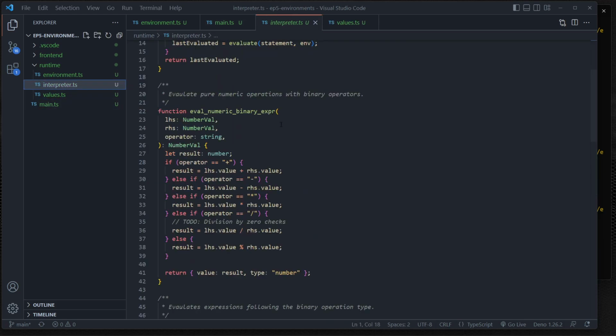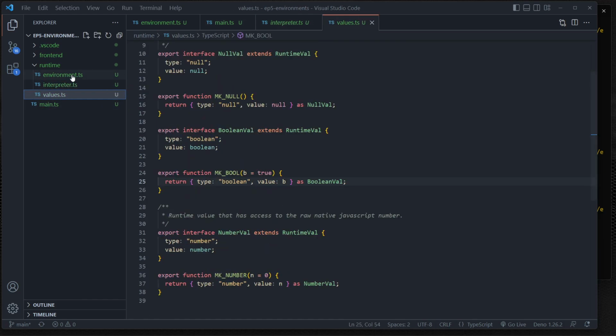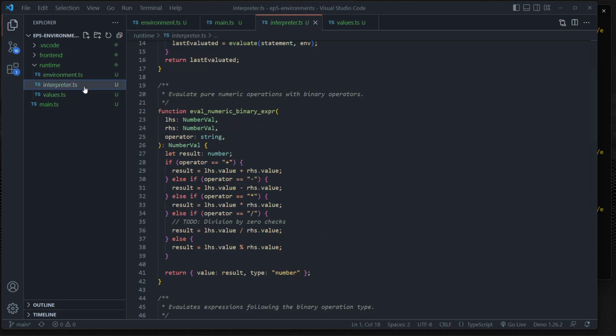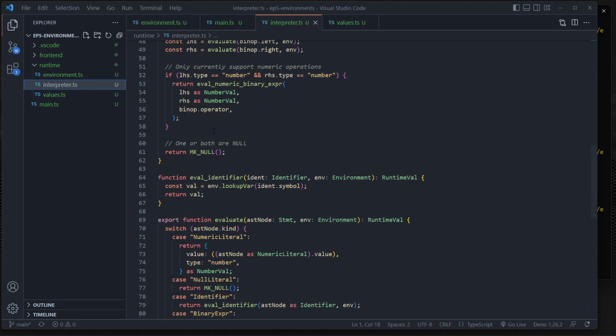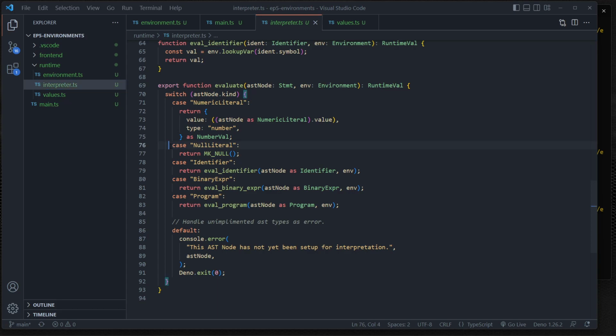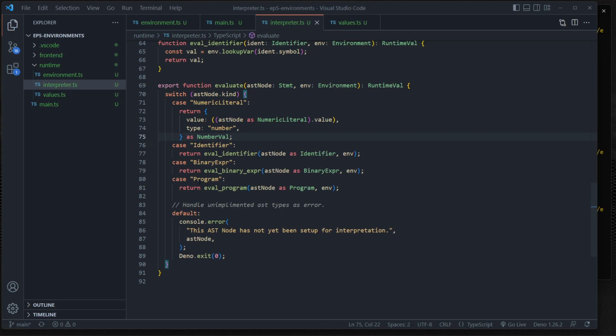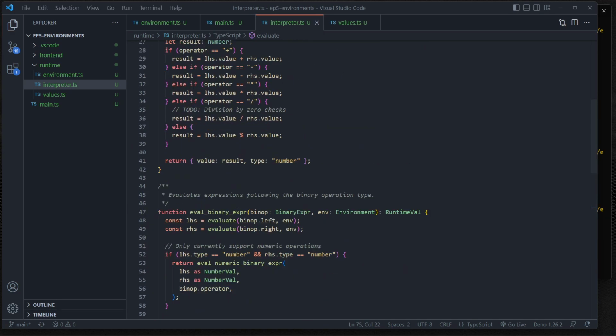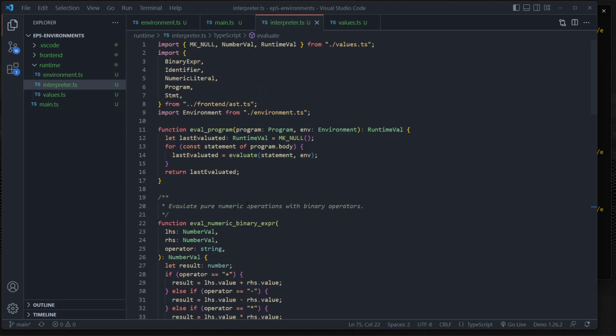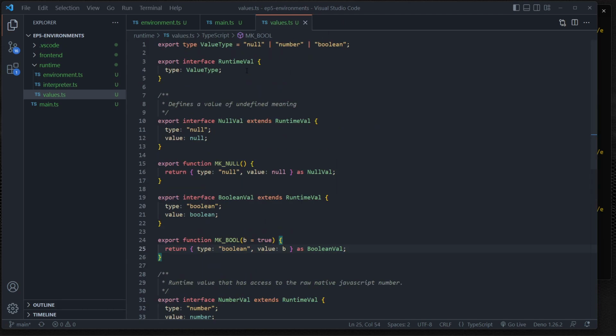Now there's one last thing that's kind of ugly here. And that's that inside of the interpreter, we can start looking at where we start running the code, and we have a null literal type, which I don't actually quite like very much. Instead, I would rather us just have null be handled as if it's an identifier, just like true and false currently are. So let's actually get rid of this type right here. And what we actually want to do is get rid of every single reference, basically, to a null type in